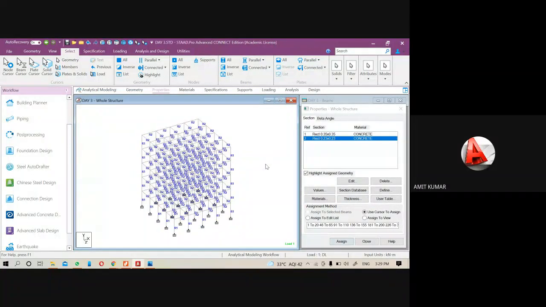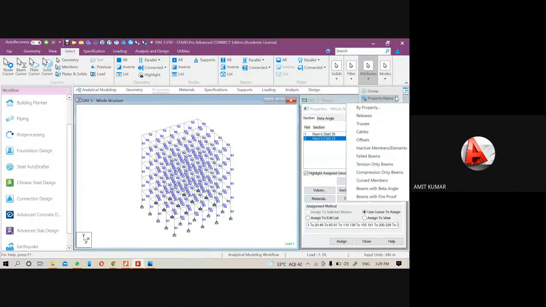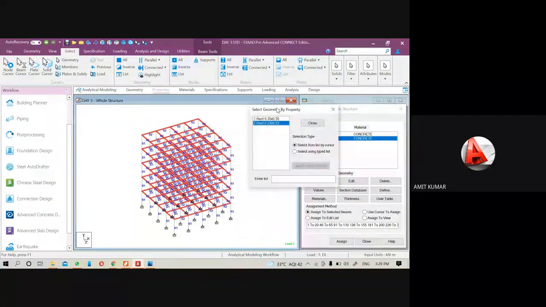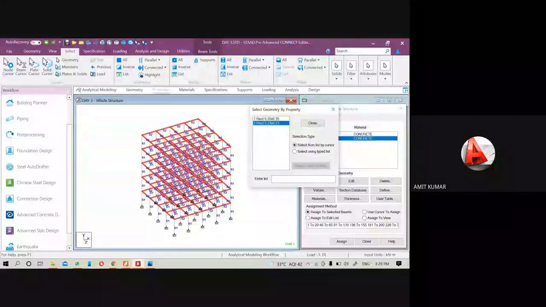If in our structure there are more than 5 to 6 types of properties, then you can select them through the property name, or according to the properties. If you want to select the beams which have the property of 0.23 by 0.23, just select it.